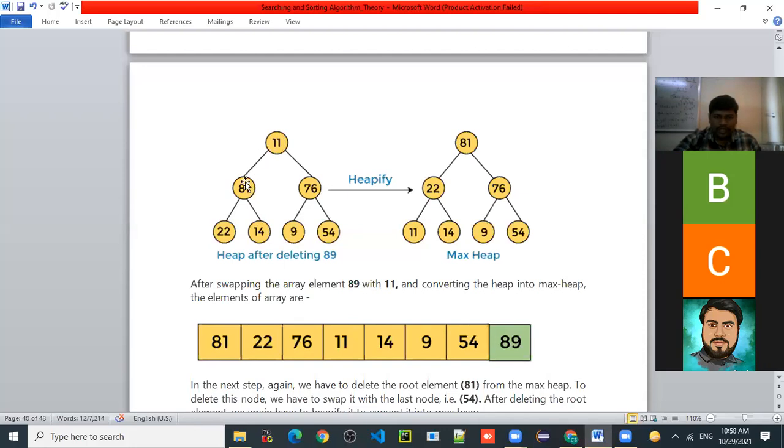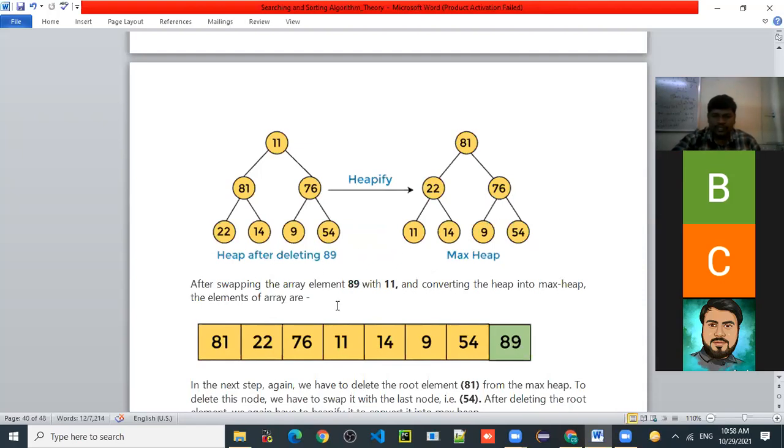After that, when 11 comes here, this 22 will be compared with 11, and 11 will go down and 22 will be placed here. After that, 76, 9 and 54 will remain as they are. So after applying the heapify process, the max heap will look like this. हे कसं आलं लक्षात आलं का? Yes, sir. Very simple one.